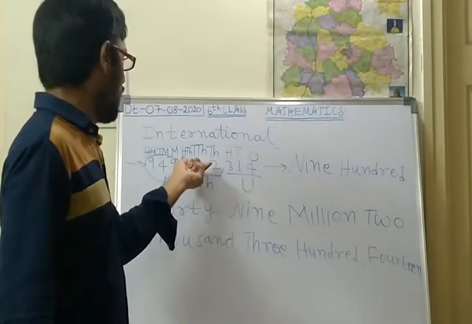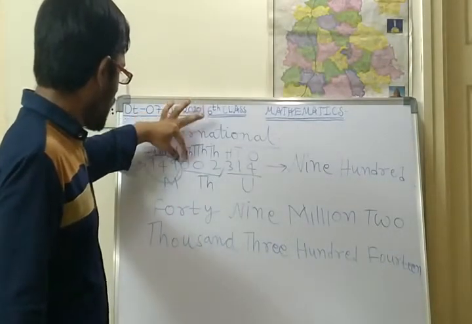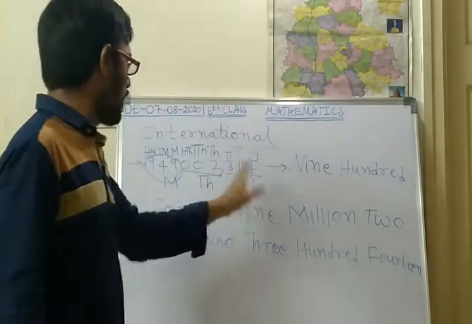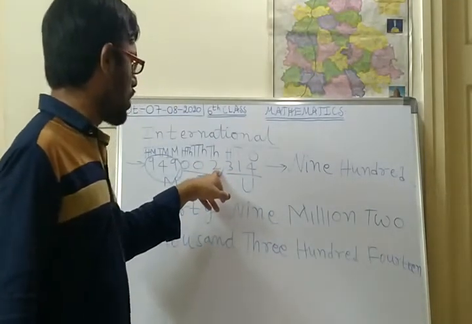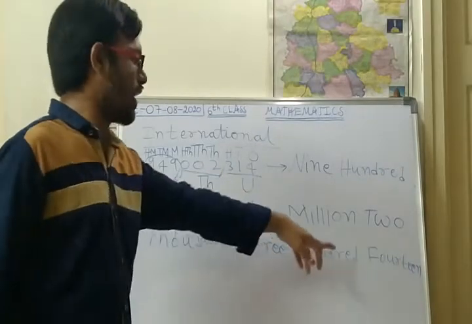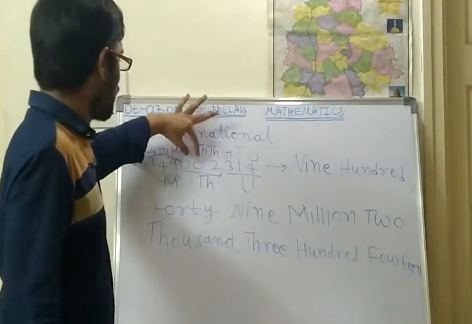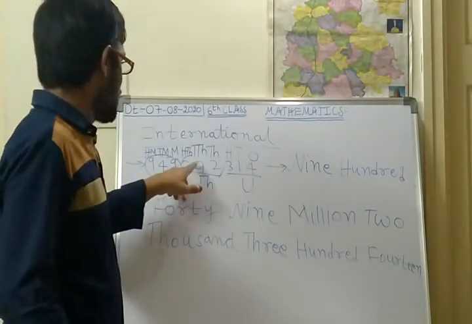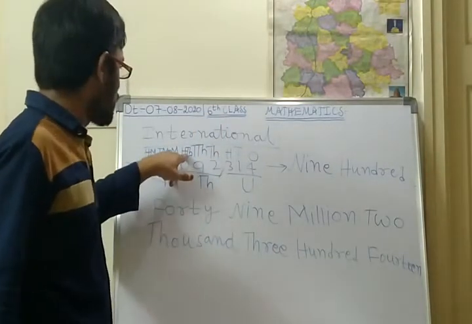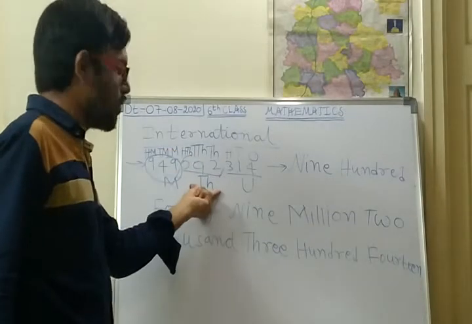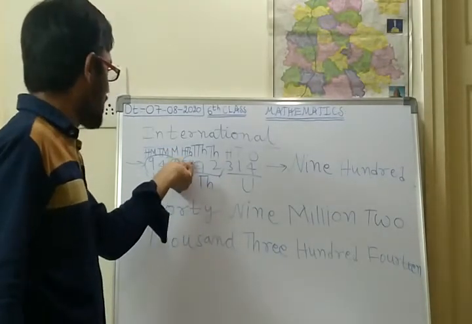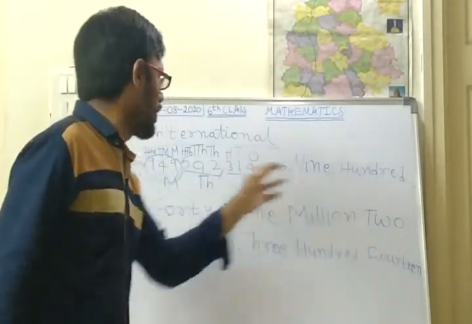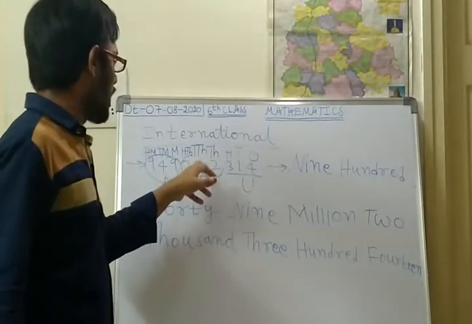Okay. So here in the 100,000 place 0 is there. In the 10,000 place 0 is there. So directly I have written only 2,000. So 2,314. Suppose here some number is there. Suppose here 6, here 9 is there. So 6 is in which place? 100,000. So this 3 belongs to thousands category. So 600. So here after million, what will come? 600. Next 9 is in 10,000 category.